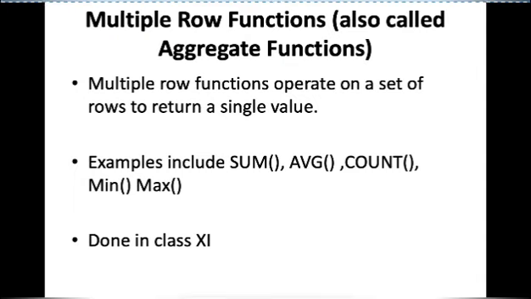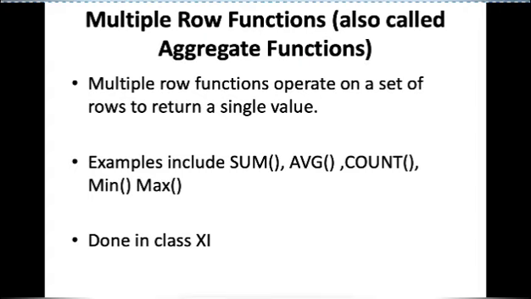As you remember, the sum function used to execute on the values in a column and give you the sum of those values. Like we have 10 rows and we want to know the total salary of those 10 employees in the emp table. What we used to write is: select sum(sal) from emp. It used to return the total salary of all the employees. That means it executed on 10 values and gave you one value, the sum of salaries of 10 employees. That is why these are aggregate functions.